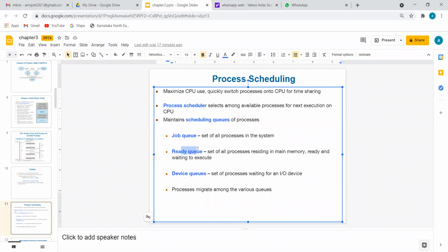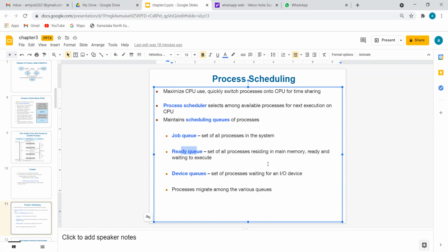Here we feel that the 1 minute in which I do all these activities is very little time. But in the computer, if it keeps 1 or 2 seconds or 1 or 2 minutes unnecessarily, it makes the computer a very slow machine. So ready queue is only the state where every resource is given, and the computer is about to start its execution.